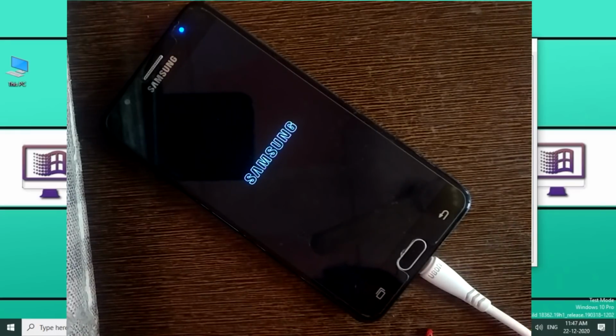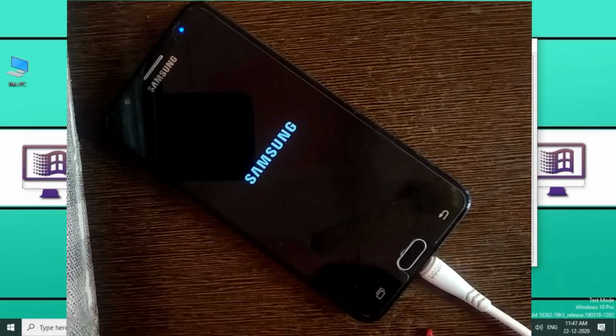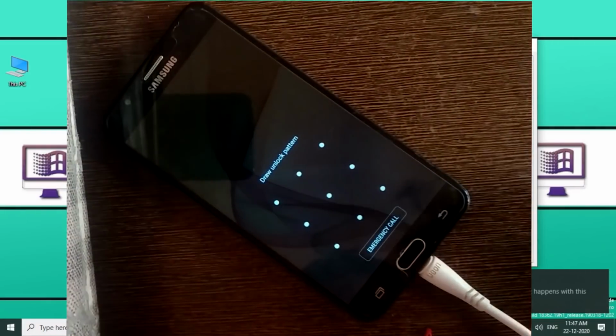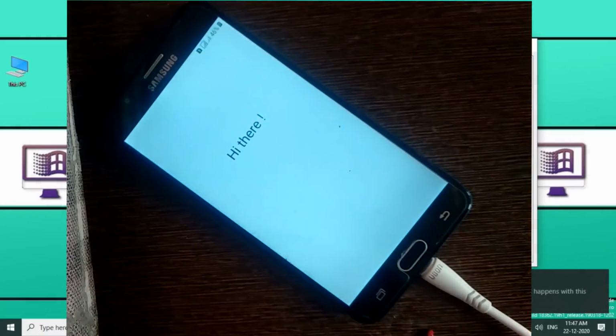This is a very easy process, and if your device is updated to the latest security patch level, this is the highest security patch level FRP unlock process. You can simply unlock your FRP. Now I am using my Samsung J7 Prime, and I tried this process on many high security mobiles.